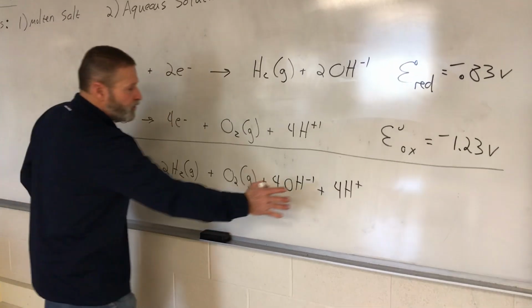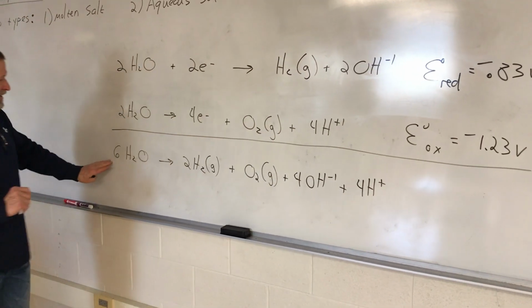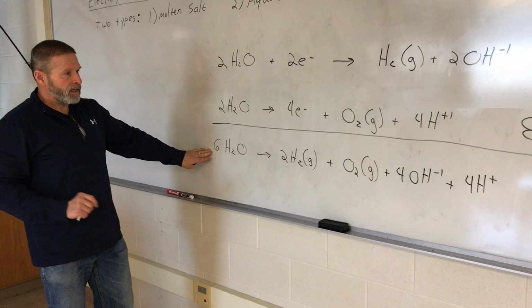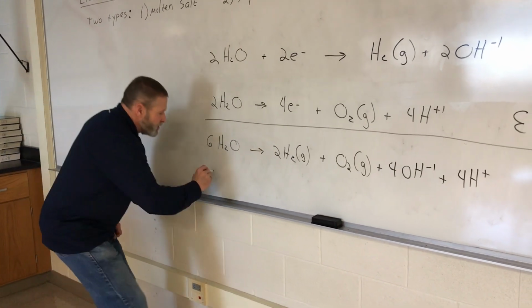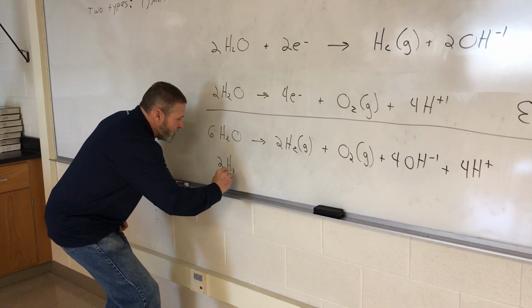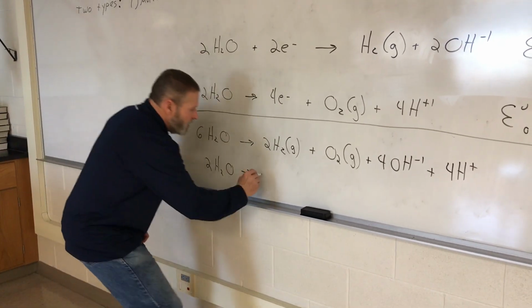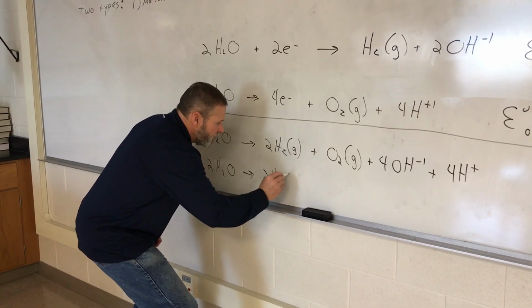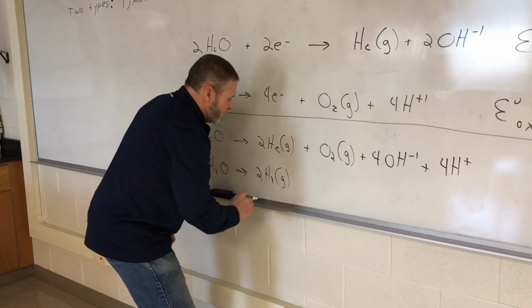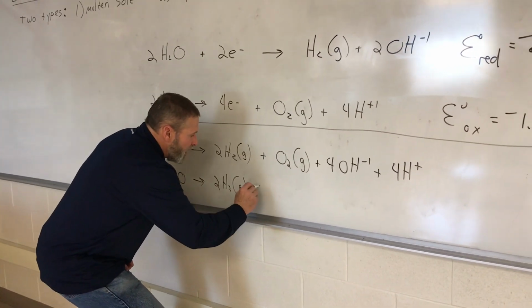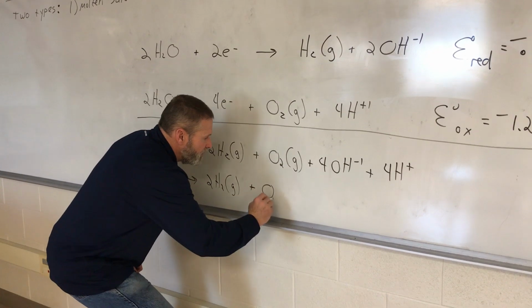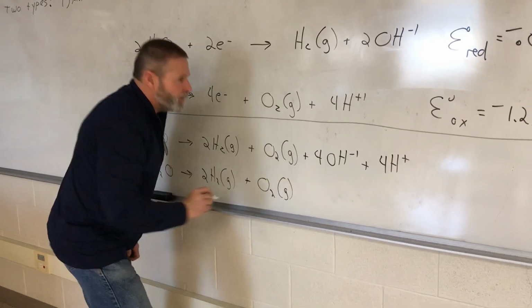So you'll have 4 water molecules there, 6 over here on the left. We can cancel 4 from either side. So the big finish, we'll end up with 2 water molecules, and we'll make 2 hydrogen gas molecules. We'll make an oxygen molecule, and